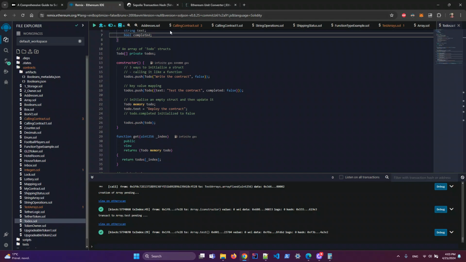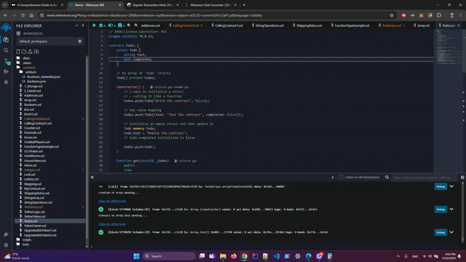Then we define a private variable, which is an array of ToDo structs, which is private, so we don't get the getter. And here there is a constructor that initializes this variable